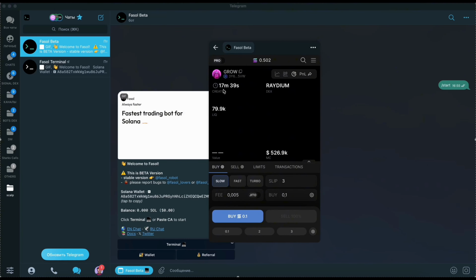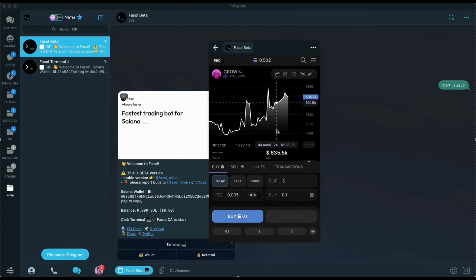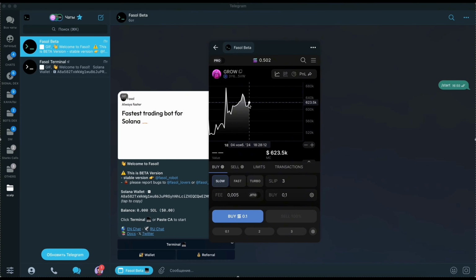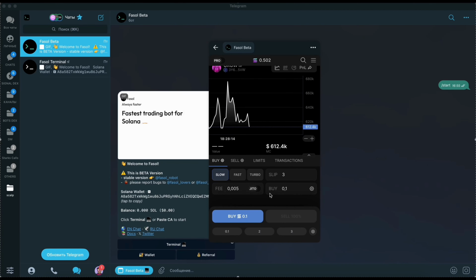Those tokens that migrate from PumpFun for a very long time are not particularly suitable for scalping. Those tokens that migrate super fast, literally with one candle from PumpFun, are also quite dangerous. I will show you a couple more examples a little later. I would initially recommend that you just watch the token, see how the price goes, how quickly it is bought off, whether there is organic volume, and only then, after a few minutes,